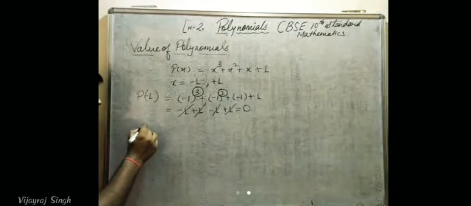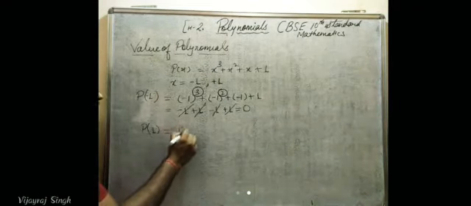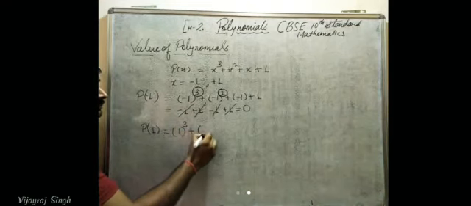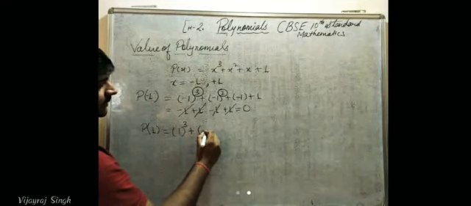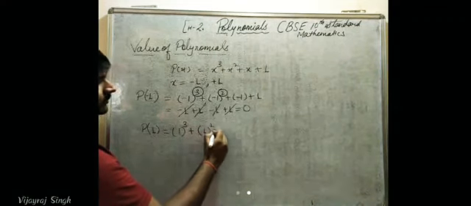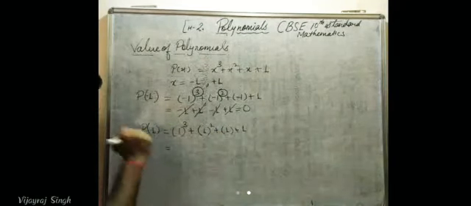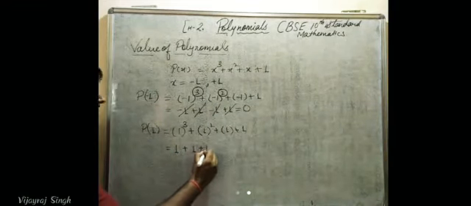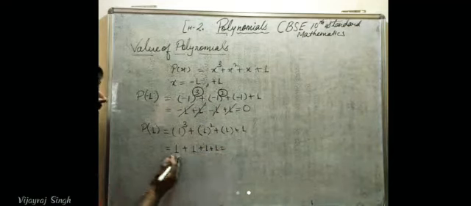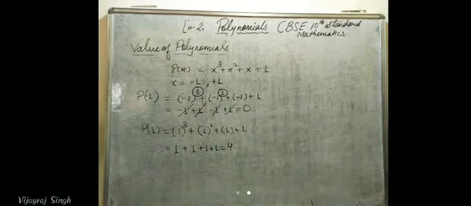If we are finding another, p of 1, so 1 cube plus positive 1 square, positive 1, and plus 1. 1 cube is 1, 1 square is 1, single 1 and positive 1. The sum is 4. This is the value of the polynomial. So we had two zeros of the polynomial and